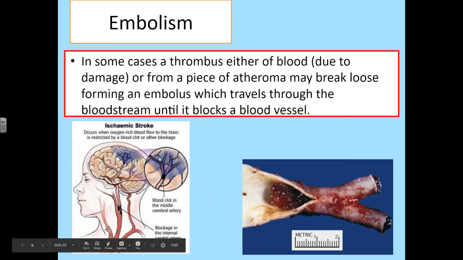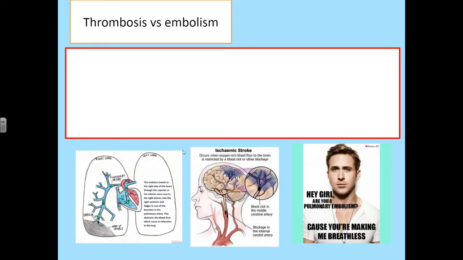It can cause things like ischemic strokes. So again, if it blocks a small blood vessel that's supposed to be perfusing the brain with blood, then that part of the brain after that does not have blood. And obviously your brain likes blood, so you will get damage to the brain tissue, which is not amazing. So that's what's called an ischemic stroke. You get bleedy strokes and you get clotty strokes.